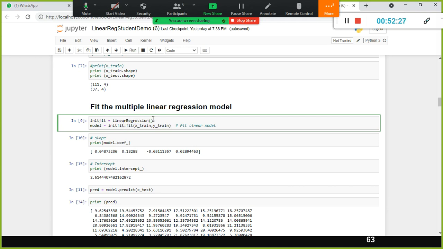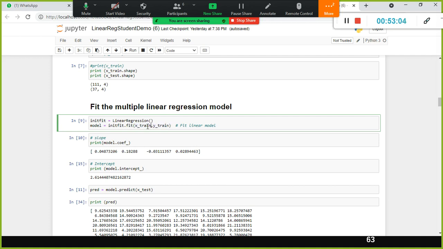Linear regression, because multiple algorithms are there. How will the Python kernel understand which algorithm we are using to fit them all, right? So for that we need to create an instance of linear regression and store that in a variable called init.fit. You can specify whatever name you want. Okay, so this instance name dot fit, pass the X train, Y train. See here what I did: the independent variables of the training data set, the dependent variable of my training data set, nothing but the training data set.